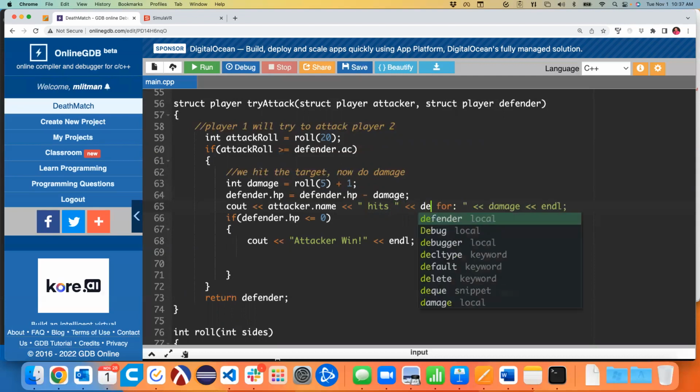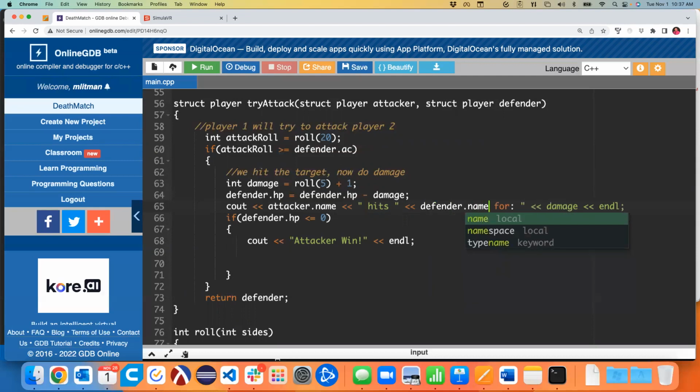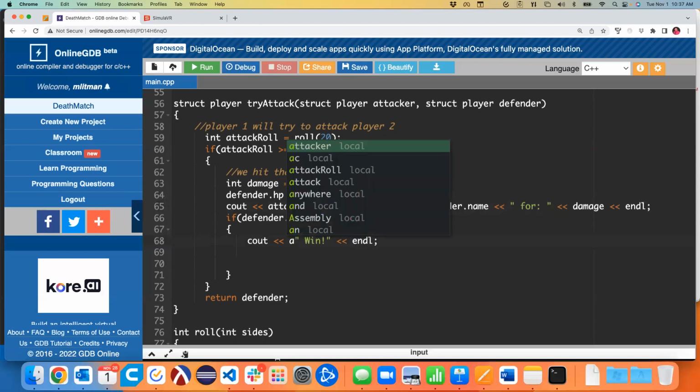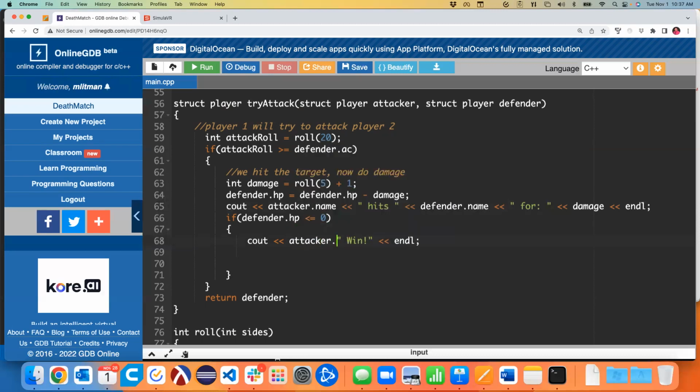So we're going to say defender.name for that much damage. And then we can say attacker.name